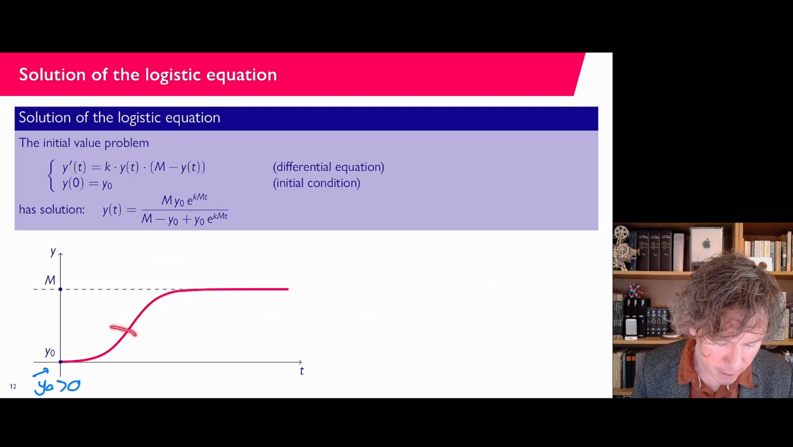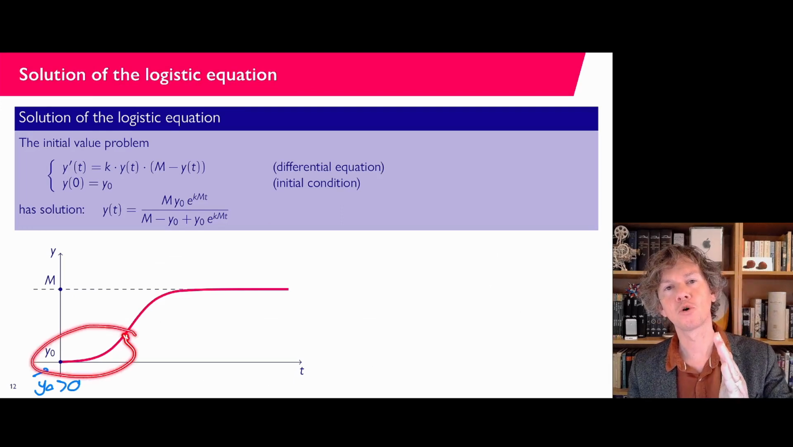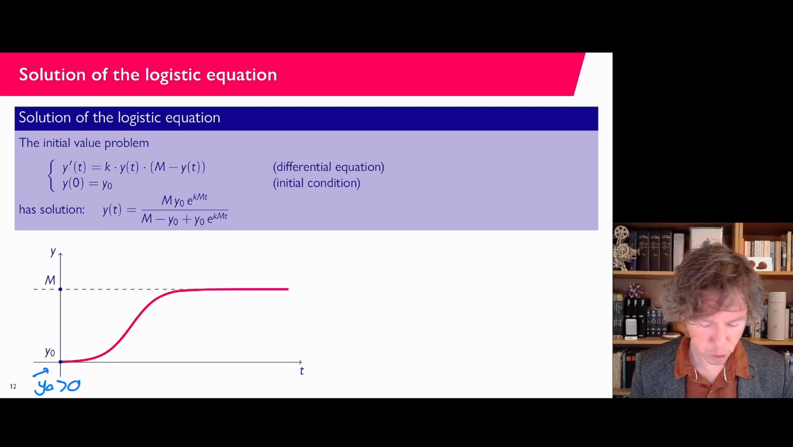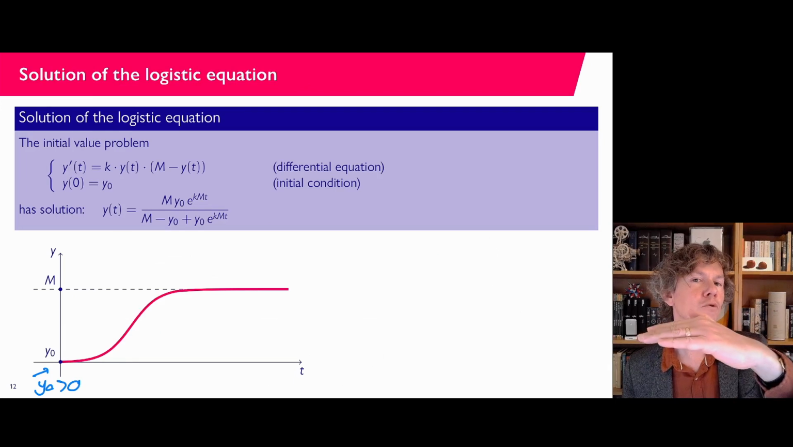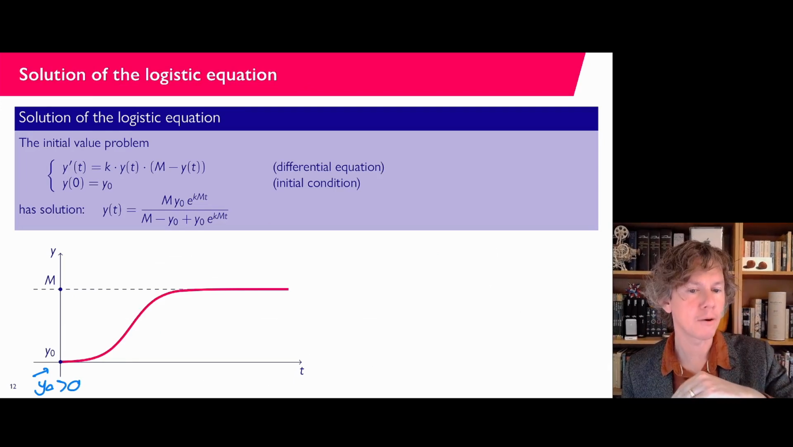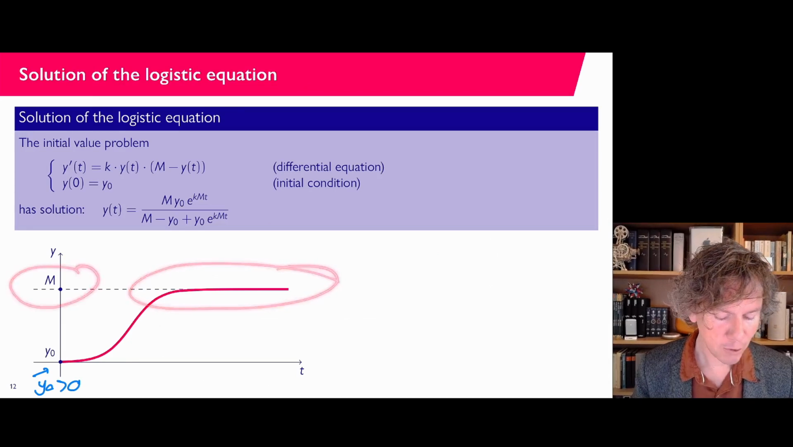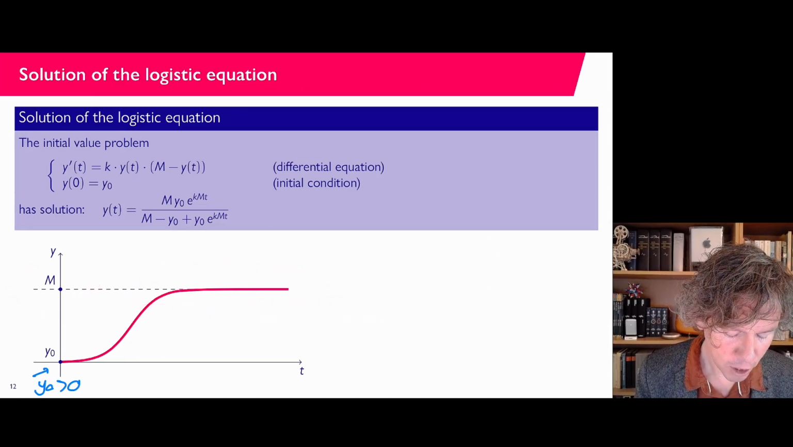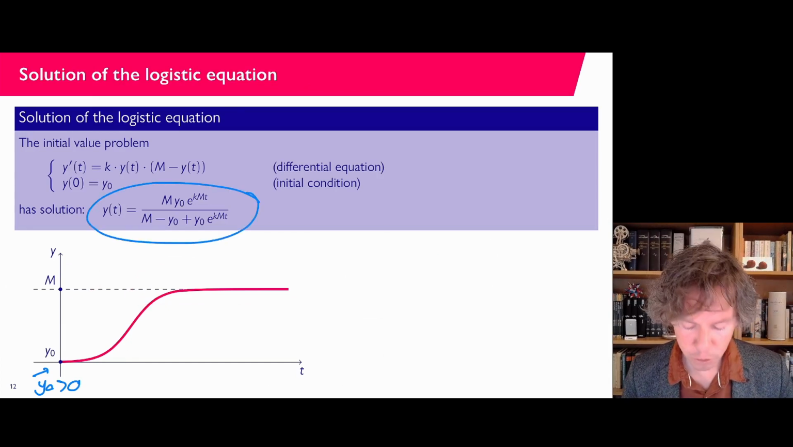Then in the beginning here, you see that it's a bit like exponential growth. But then at a certain moment in time, and that is around here, you see there is an inflection point. So the growth is going to slow down. And for t going to infinity, apparently the solution is going to m. And you can also tell that from the equation, because here we have this equation. Now if you let t go to infinity,